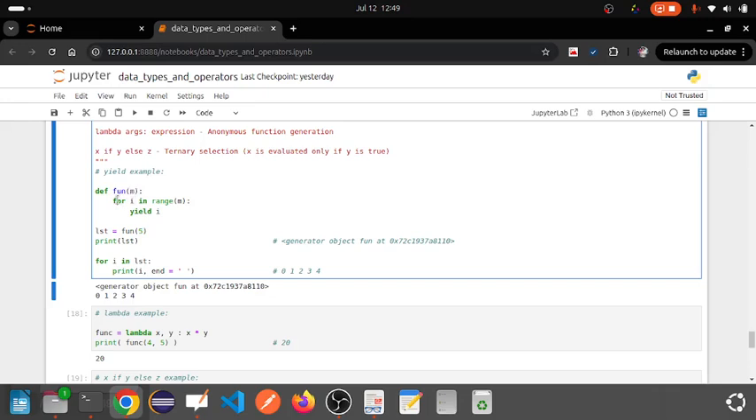5 comes here, for i in range(m). Now this range(m) returns values from 0 to 4. 1 less than 5 means 0, 1, 2, 3, 4. And iteratively first i is assigned 0, then 1, then 2, then 3, then 4. Whenever it is assigned, first